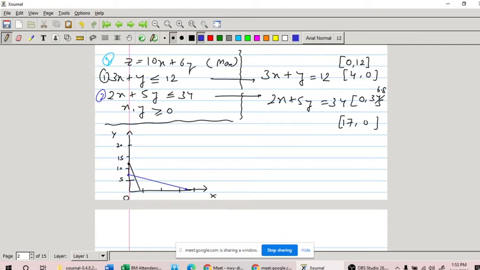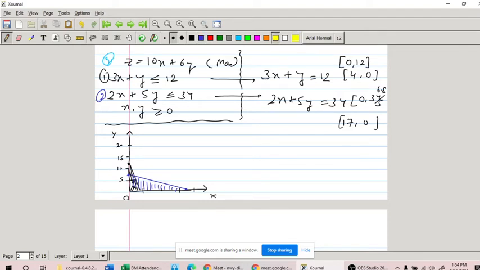Now let us satisfy the first constraint. It says that the values should come under this line, less than or equal to. So you put all these values, any value which is below this line, in this equation, and you will get a value below 12, less than 12. So all the area which is coming under this line is going to satisfy this constraint. So again, this is the feasible region under this constraint. But when we look at the other line, we say that the area below this line is the feasible region, and we try to find out the common area. We get this area.